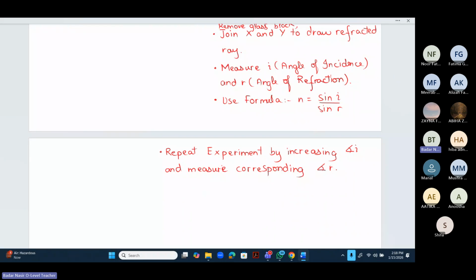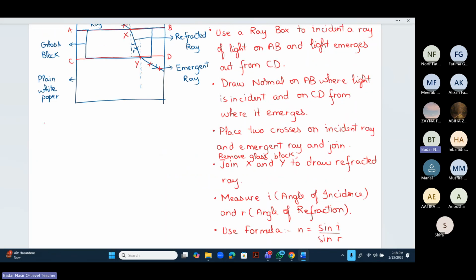Okay? And after that, I have also told you about a table of results. So what will our table of results have, beta? The table of results are going to be angle of incidence, angle of refraction, which is also measured in degrees. Then we have n is equal to sine of angle of incidence over sine of angle of refraction, and we will perform this experiment, let's say, for 6 different sets of readings, and at the end, in the result analysis,